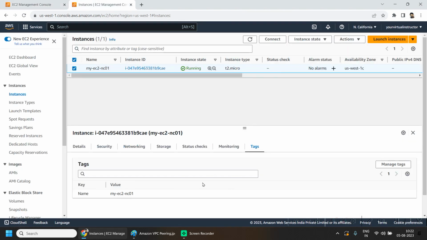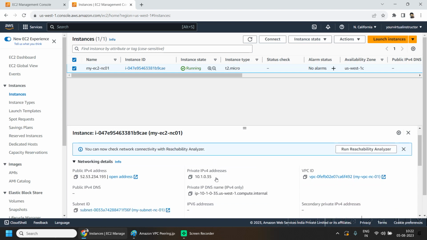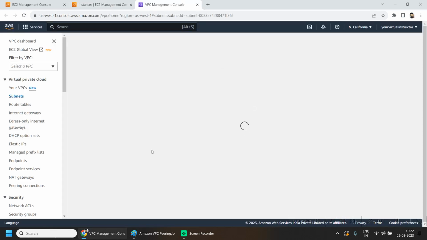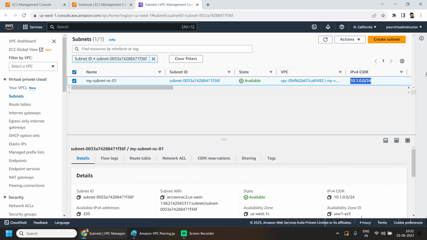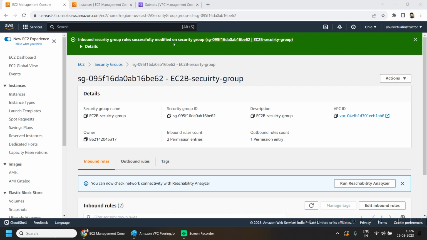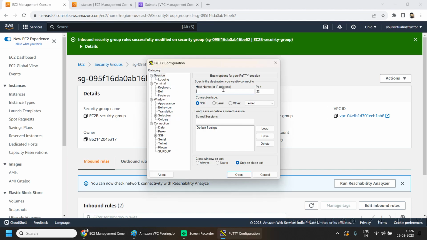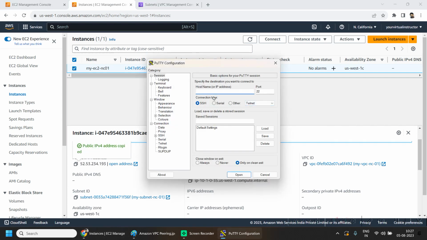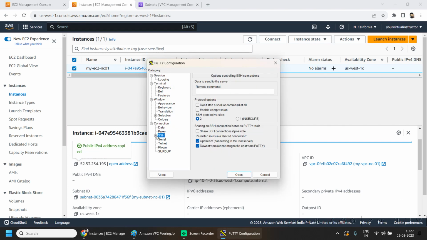So let's go back to the California region and go under networking. In the networking, go to the subnet of this EC2 machine. Copy the CIDR range from here, put it here. So this is done. We'll do SSH and copy the public IP of my EC2 instance. Go to the SSH,